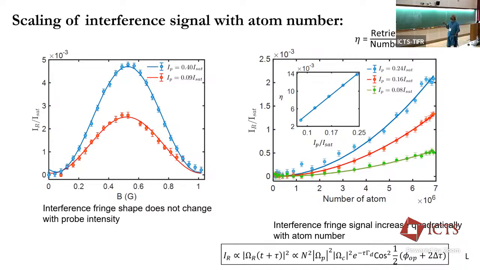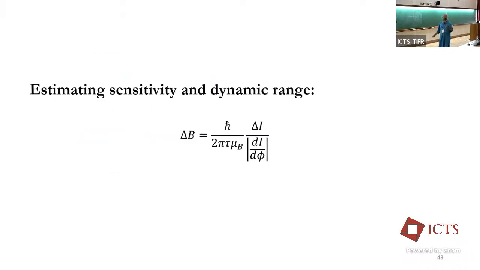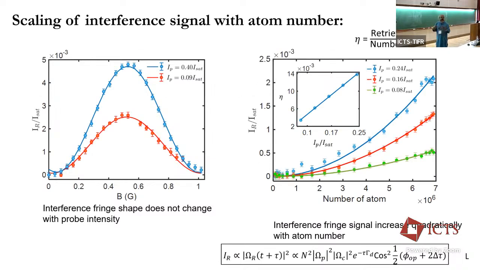Believe it or not, this n squared scaling right away fooled us for 6 months or 8 months. Because you can see that if this is n squared scaling, and if you are shot noise limited, then the noise is scaling as square root of I. So this noise scales as n, and the signal, which is del I del phi, scales as n squared. So suddenly, you have a sensitivity scaling which goes as 1 over n. It looks like Heisenberg limit. And we thought, oh, there must be something very interesting going on, Dicke superradiant-like effects. Maybe the atoms are being driven to some sort of a state. So we started making a theory of Dicke superradiance to actually see these things.